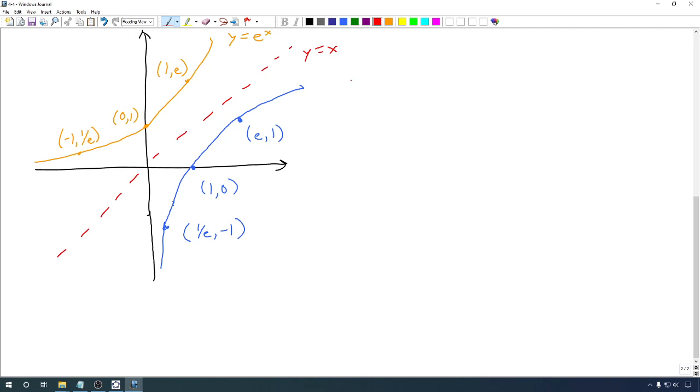It also will continue to increase as we go because this function over here never loops backwards. It never goes backwards in terms of x's. So this can't ever go backwards in terms of y's. All that kind of stuff. And so we have a lot of properties from this. We have, for the logarithm,